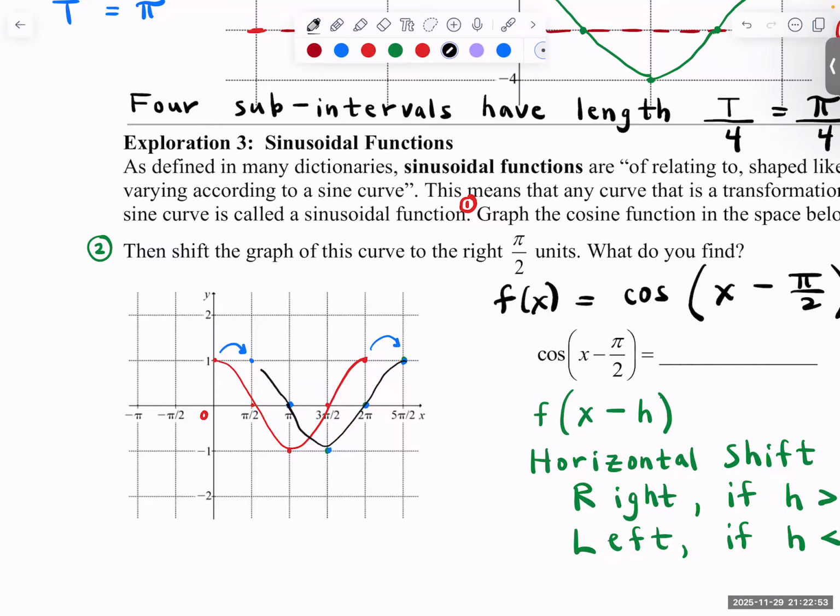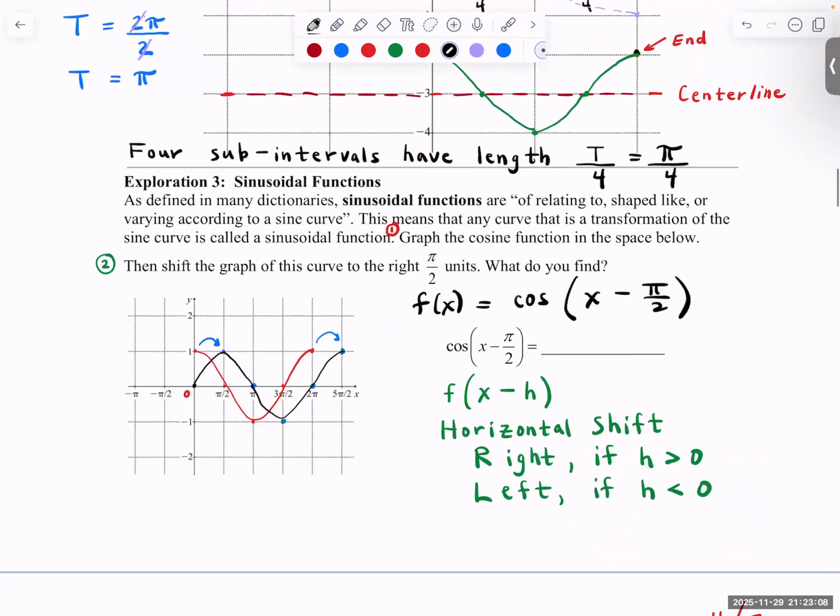Now let's keep going and repeat this pattern. You see, we're going to get back to 0. And that's where the sine function begins. The sine function at 0 radians has a function value of 0. So the meaning of this is the cosine function, cosine of x, shifted to the right horizontally by pi over